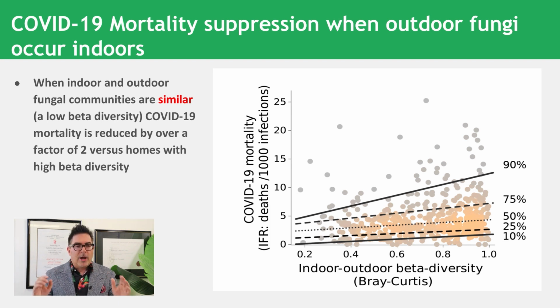And so when I explain the graph on the right-hand side in English, when indoor and outdoor fungal communities are similar, that means having a low beta diversity, COVID-19 mortality is reduced by over a factor of 2 versus homes with a high beta diversity. Now, this is really, really groundbreaking research,